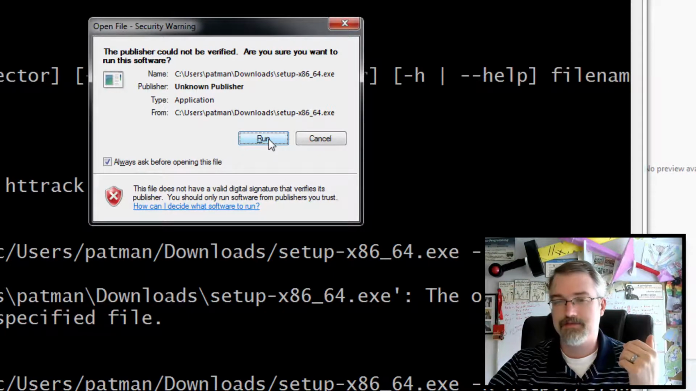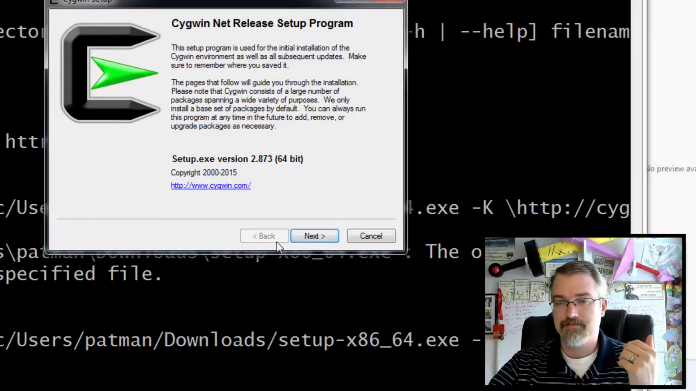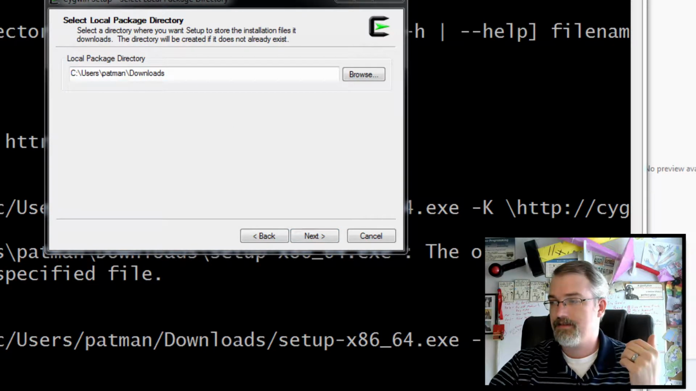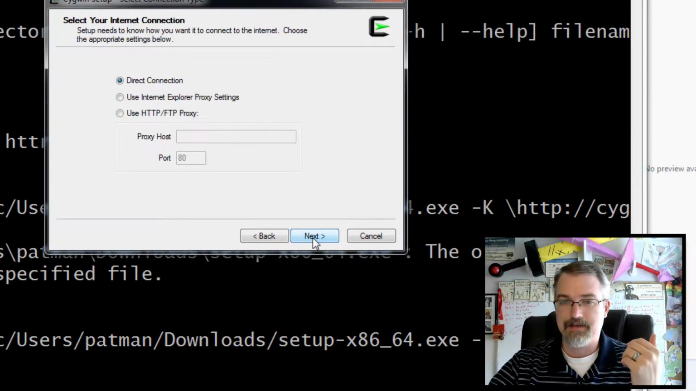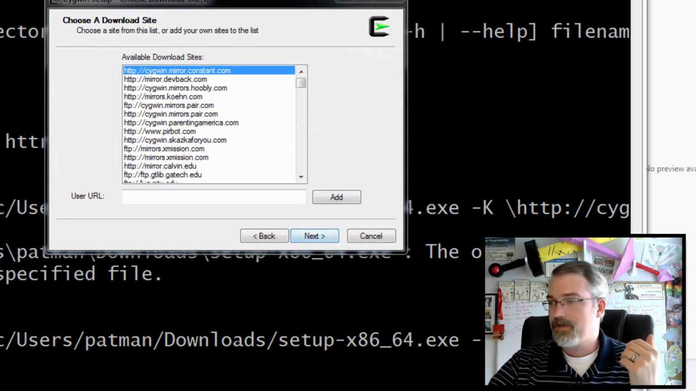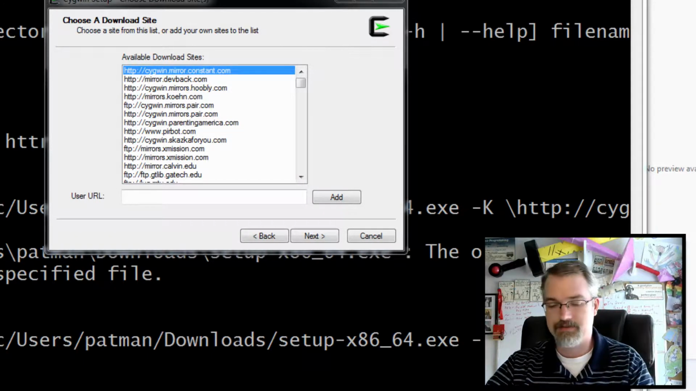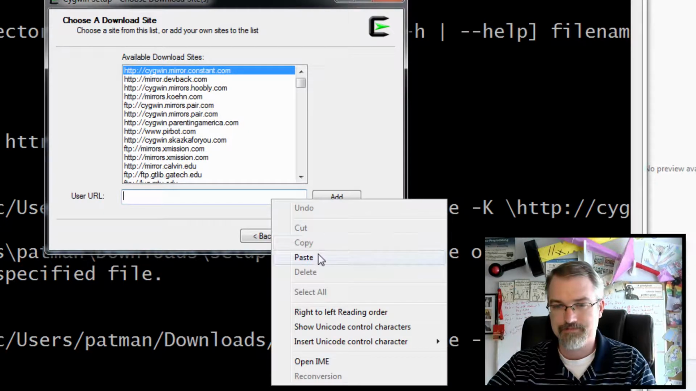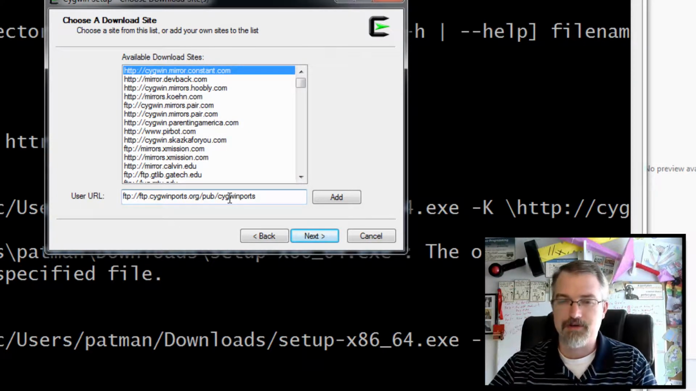So hit run, next, next, next, next again. And then when you get to this point, stop. Because here you can actually add the Cygwinports. And so here's the address you need to add. And I'll put this in the show notes. It's the